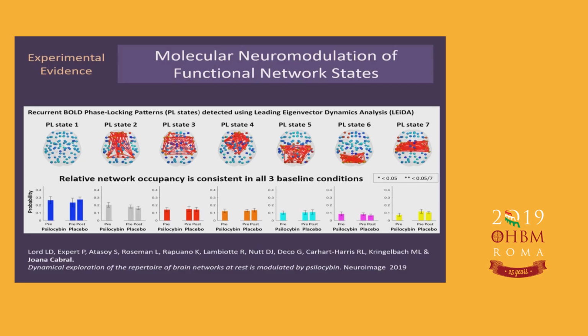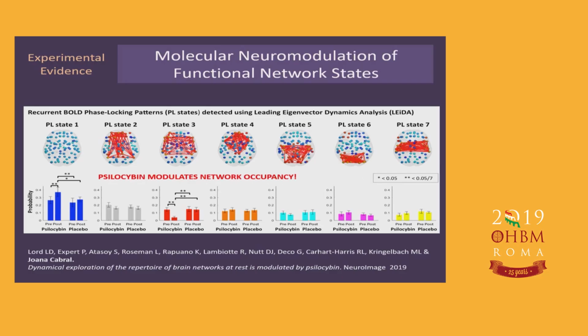But now when we inject psilocybin, what we find is that the occupancy of a specific network state, so the trajectories closer to that centroid, are significantly reduced. They are there around 15% of the time in all non-psychedelic conditions, and then they are reduced to around 3% of the time after psilocybin was injected. So this is particularly interesting because,